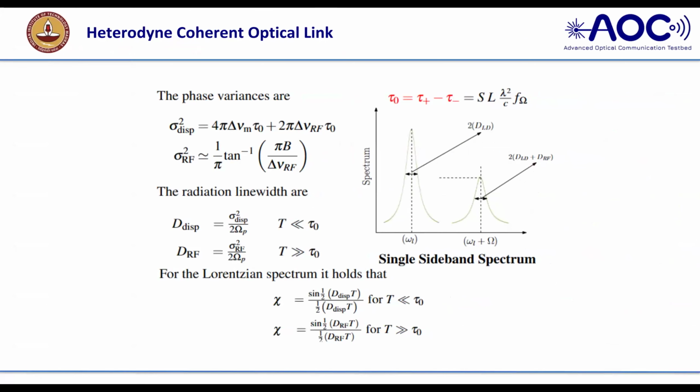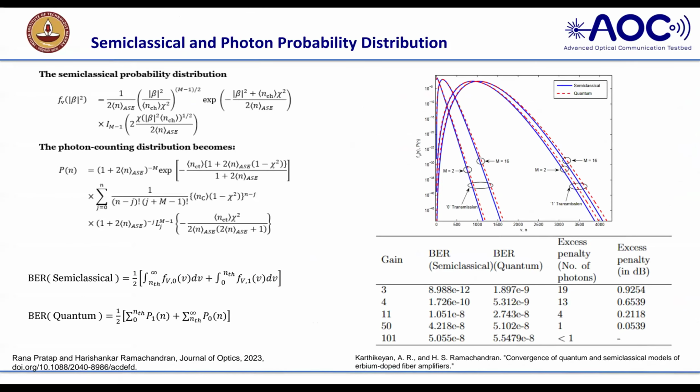For that channel we have calculated the variance, in a very standard format. But the new thing we have calculated is the radiation length, and the variance in phase also affects the intensity. That is taken care of in my chi, showing how the phase also affects chi. This is the basic detail. I was saying that suppose you have an M value, you can see M equal to 2, M equal to 16. I have given here the semi-classical picture and the quantum picture.